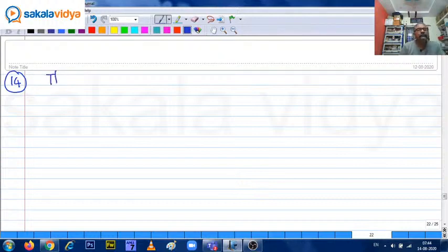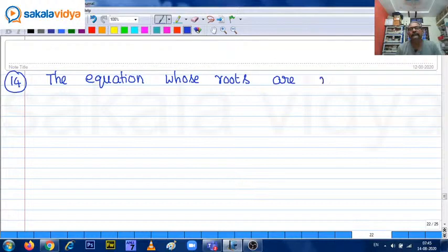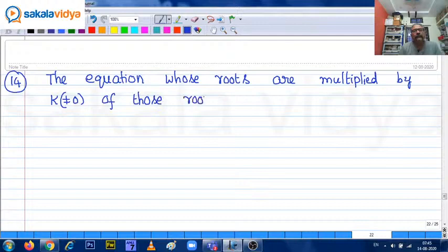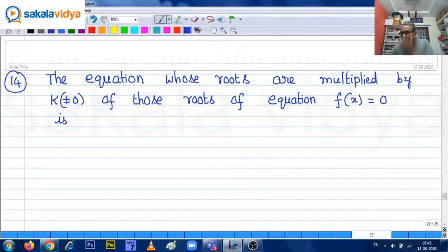The equation whose roots are multiplied by k, k not equal to 0, of those roots of the equation f of x equals 0 is, so that means, see, for example,